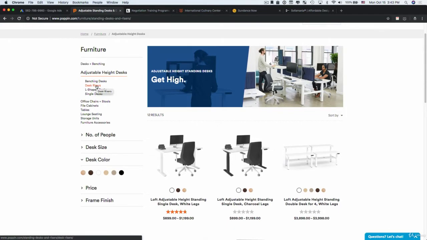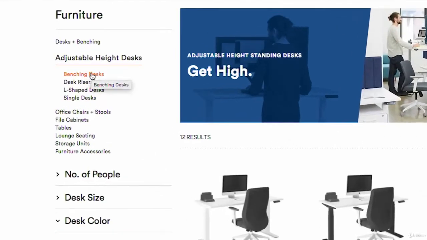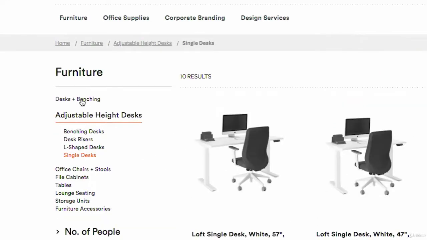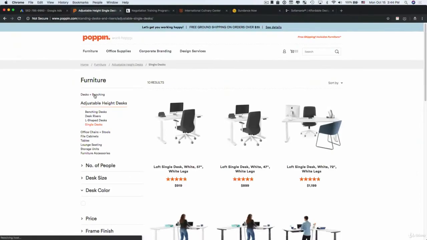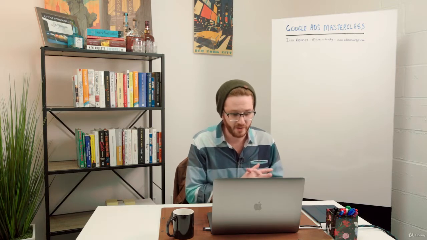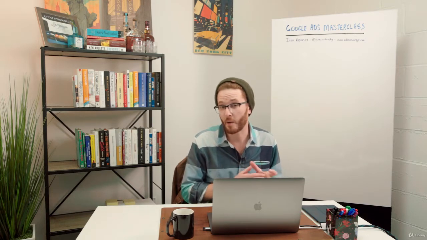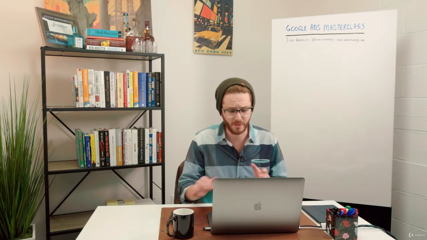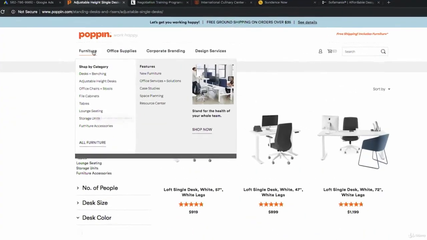You could even drill further down. So I see benching under adjustable height desks in this navigation. I see benching desks, desk risers, L-shaped desks, and single desks. So there's all sorts of different products. Now, if I go and do some research and I see that there's a lot of people who search specifically for single desks, a lot of people who search specifically for L-shaped standing desks, right? And I want to have really hyper-specific ad groups, which is not a bad idea. In this case, I don't necessarily think I would do it that way. I think I would just have an ad group for adjustable height desks,